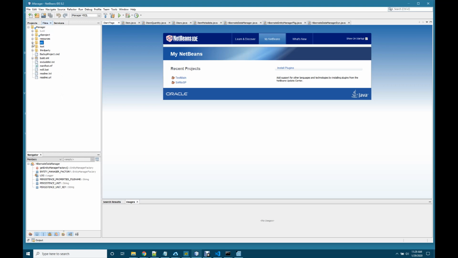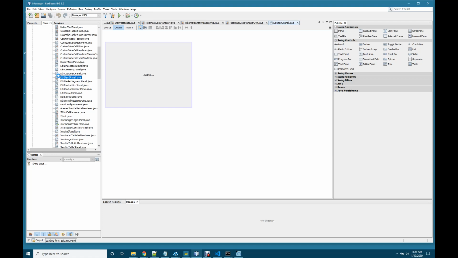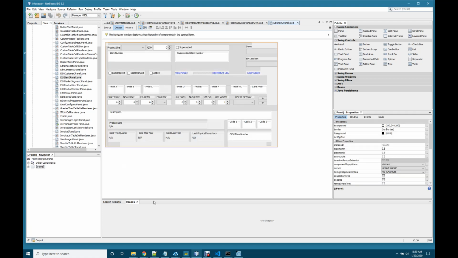The reason I did that is because this application is a Swing application, and the NetBeans IDE has a very good visual editor in it. I can show you that. So I'll go into the project here, go to UI, I'll go to the edit item JPanel, and that'll load up. So this is what the item